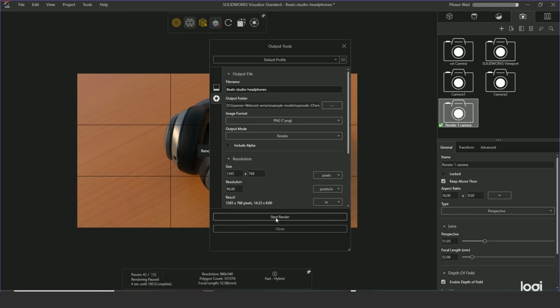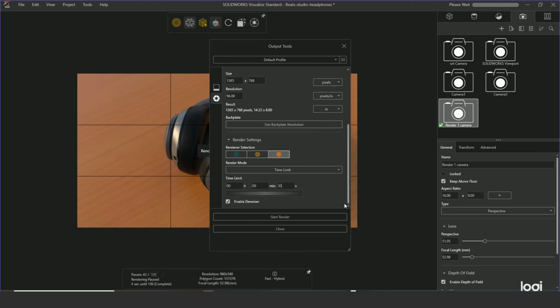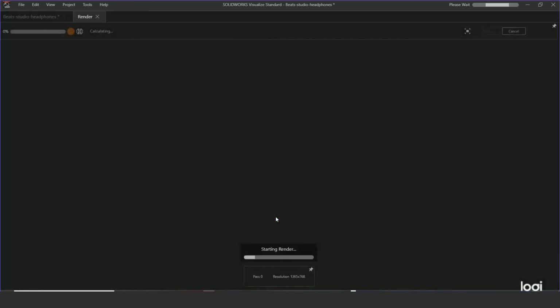And then some helpful things that you can do in addition is you can control the quality of rendering, and you can do it by time limit. So for instance, if I don't want to spend more than maybe 30 seconds to render this, which is probably not enough time, but for the sake of the webcast I'm doing that, you can set up a time limit instead of just fully rendering it by passes. So passes is the normal mode, and I have here for 1,000 passes. I'm going to put a time limit of 30 seconds on it,